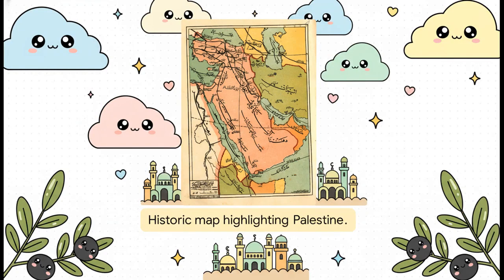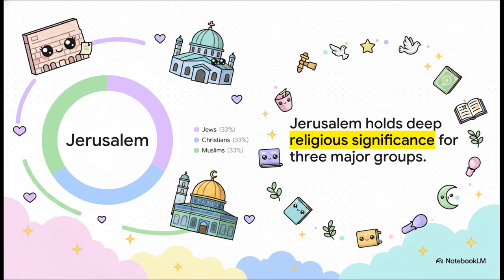This mounting friction was perhaps most potent in the region of Palestine. Fully integrated into the Ottoman imperial system before the outbreak of the First World War, Palestine was a vital piece of this massive multi-ethnic puzzle. But it wasn't just another administrative zone. Palestine held a deeply unique historical characteristic that profoundly amplified the broader tensions of rising nationalism and imperial decline. Because right in the heart of Palestine sits Jerusalem, a city holding deeply profound, intimately overlapping historical and spiritual importance for Jews, Christians, and Muslims alike.